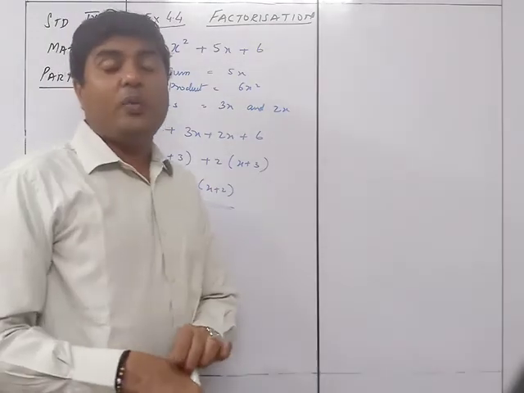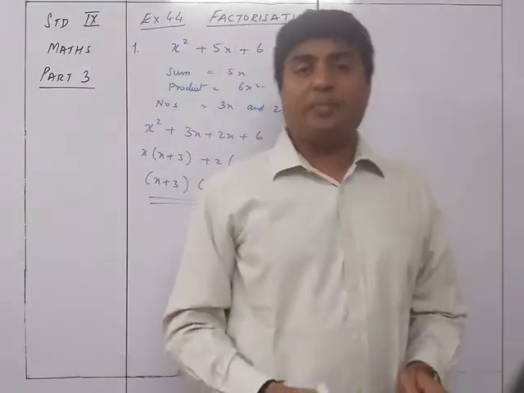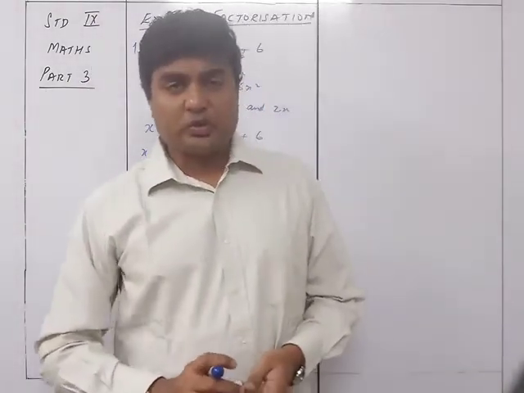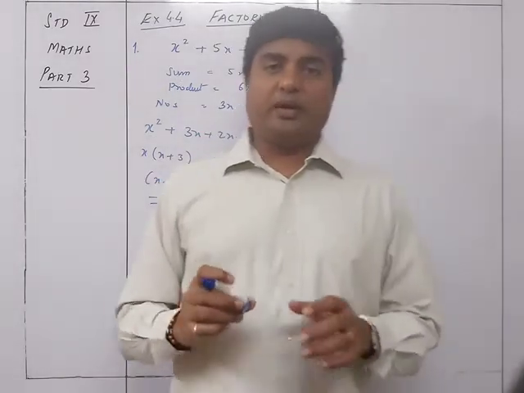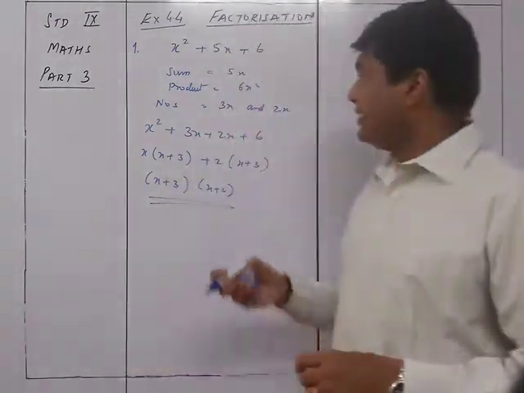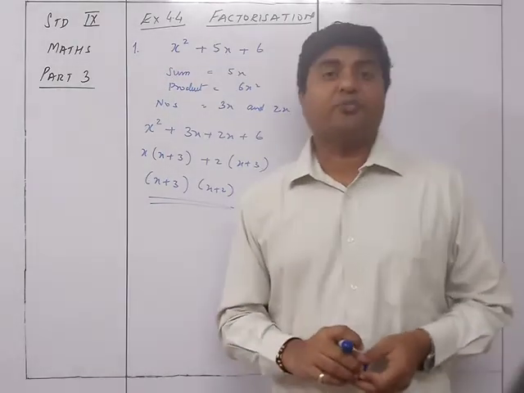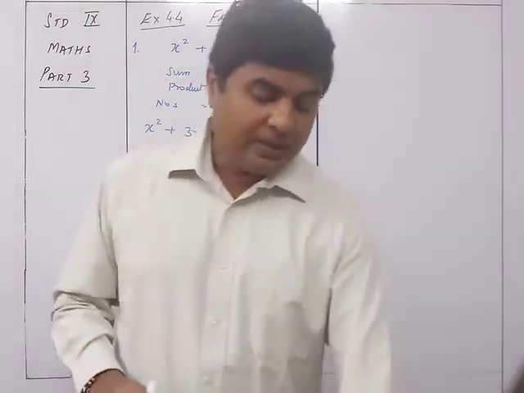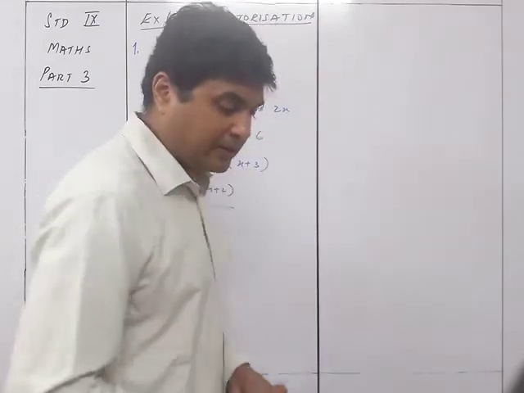So mainly whenever we have a trinomial given to us, and it is not a perfect square, that is, the last term and the middle term are not forming a perfect square, we will be using this particular method of factorization of trinomials. Let's see the second sum to understand it much better.